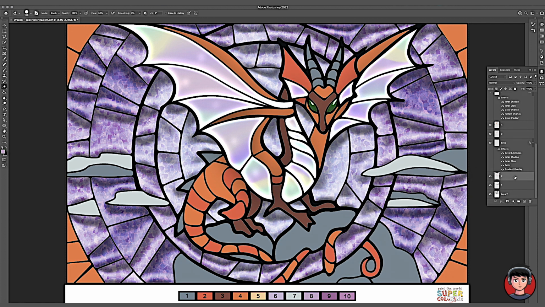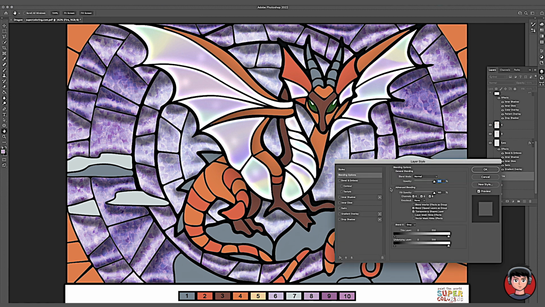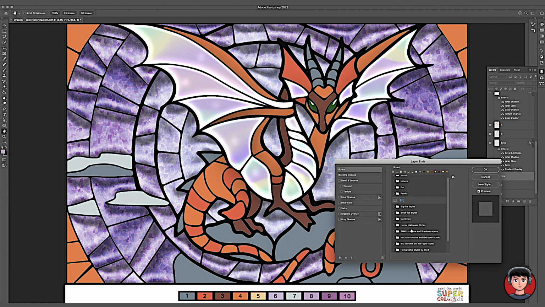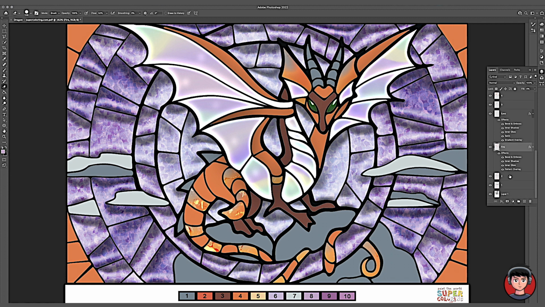Let's duplicate number 2. Again, we'll Command J or copy with Control J on a PC. And we'll call this fire. So again, we'll go back into the layer styles and we'll find those fire styles. Here we go. Now, I think it's too big. Let's go medium fire styles. Probably, nope. Okay, now that could look cool, but the reason I've duplicated this layer is because I think it needs